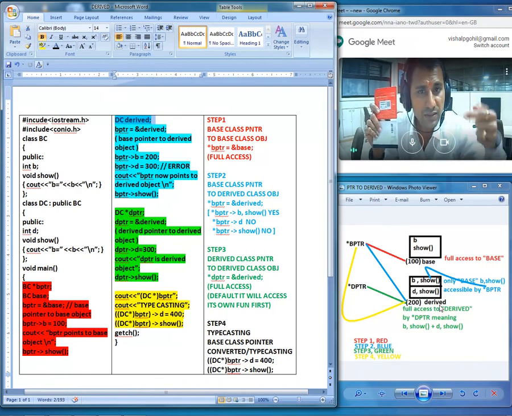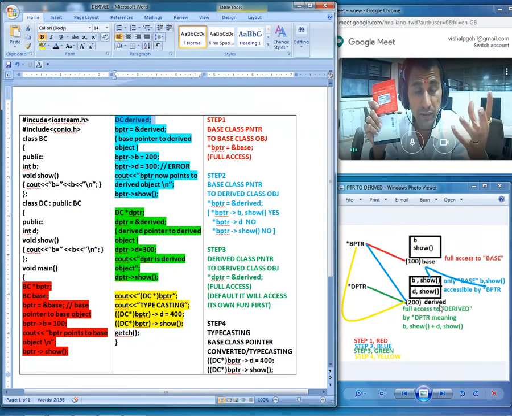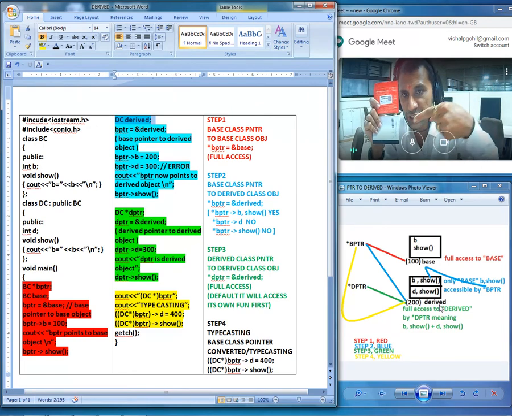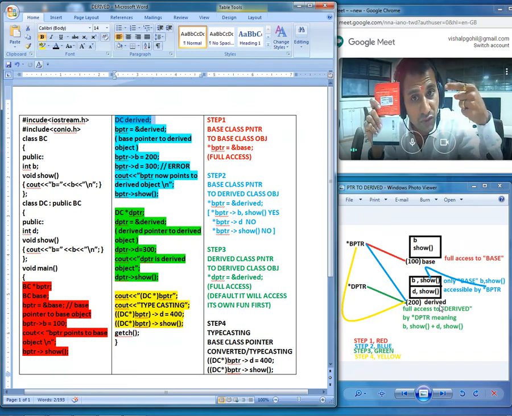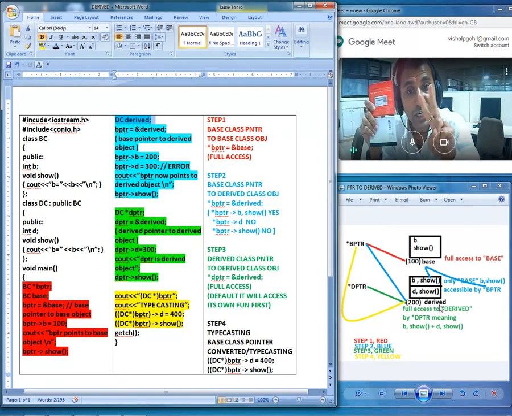Normally what we do is, a base class pointer can point to a base class object and it can have access to all the properties of the base class. Twisting part, or you can say trial part. Now the same base class pointer, we will be forcefully pointing to the child class object. Unfortunately, this time, because the pointer is of the base class, it will have access only to the properties of the base class. That means out of all 4 properties, it will be able to access only 2.